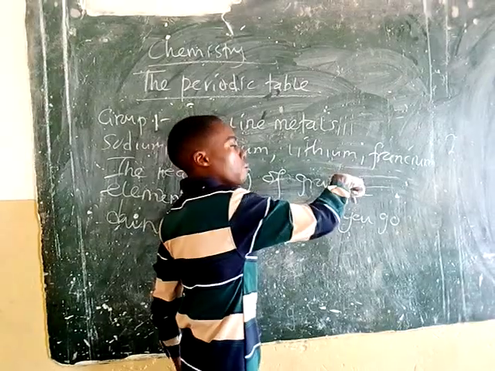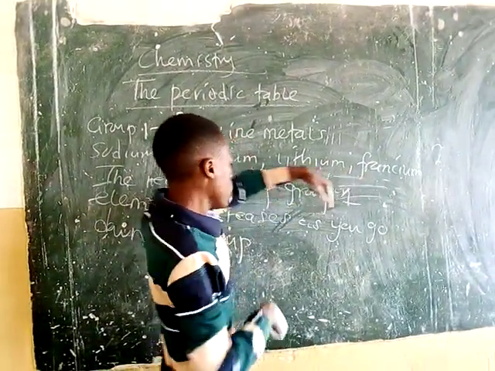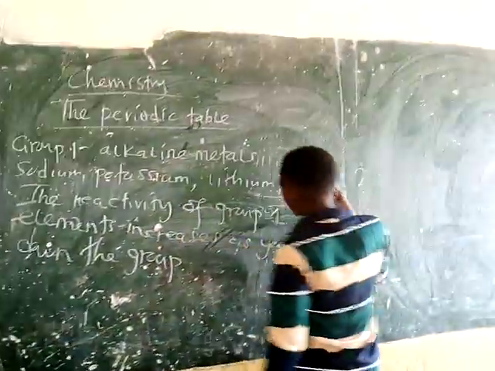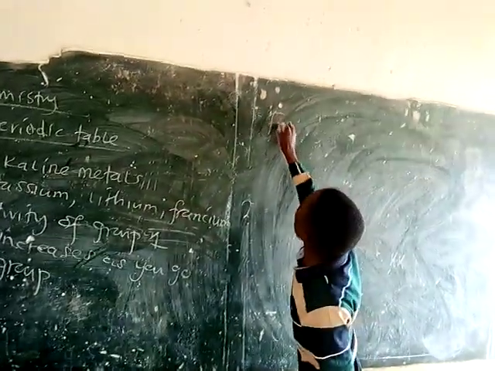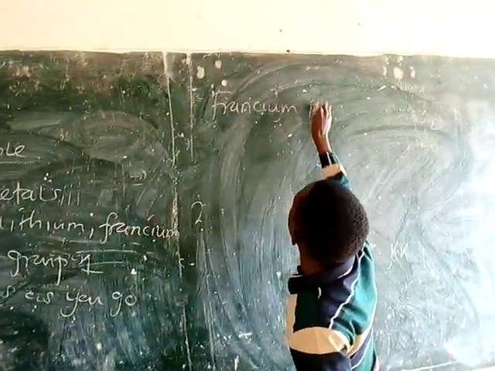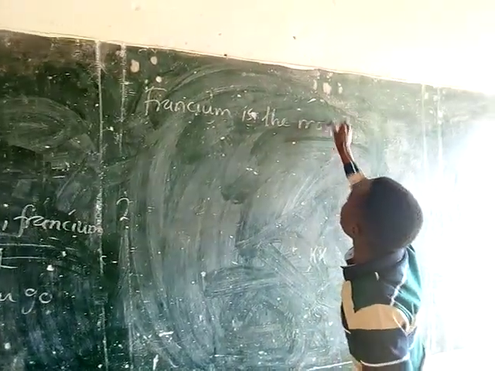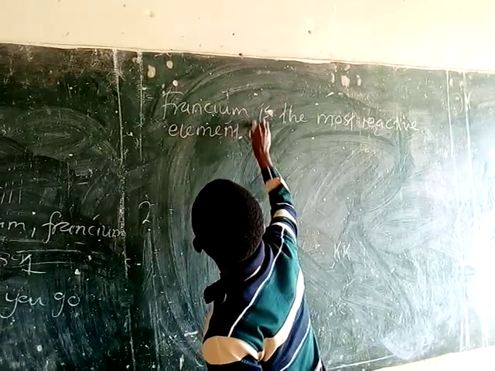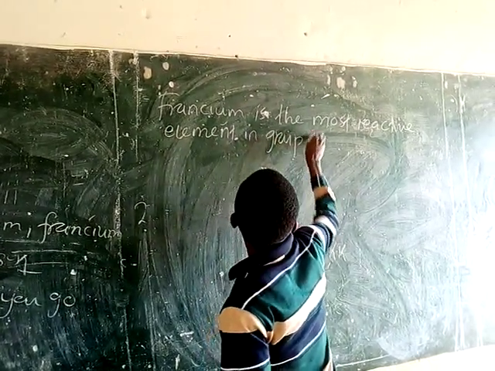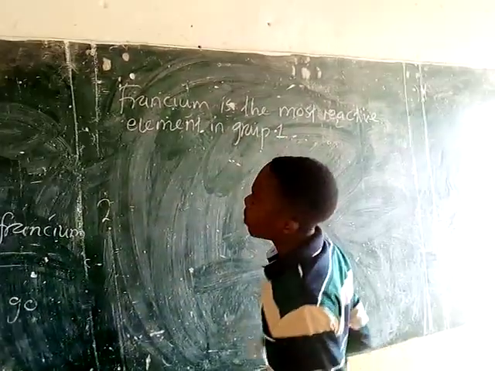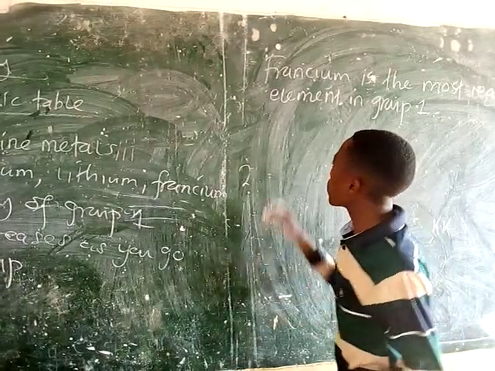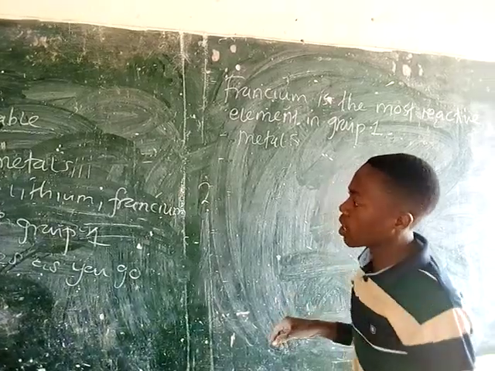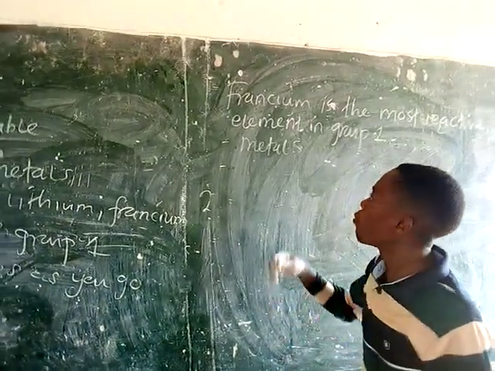And if you check the periodic table, you are going to discover that francium is at the bottom under group 1. So francium is the most reactive element in group 1 of the periodic table. Apart from that, group 1 elements are all metals. They can also combine with group 7 elements to form ionic